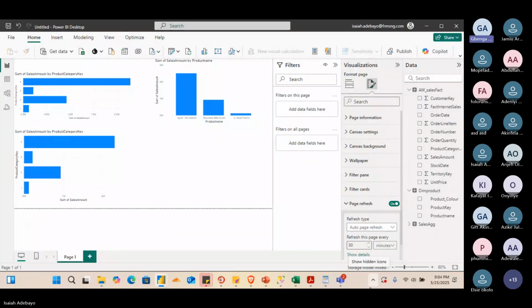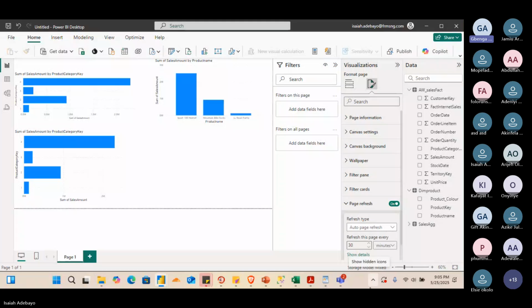For Pro capacity, like you are using Power BI Pro, right? The refresh intervals are limited, unlike what you have in a premium capacity. Okay. So in terms of the cost implication of using DirectQuery post publishing, after you have published it to Power BI service now, you know that